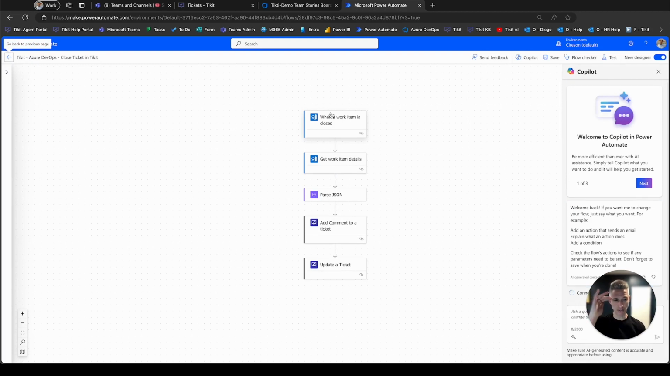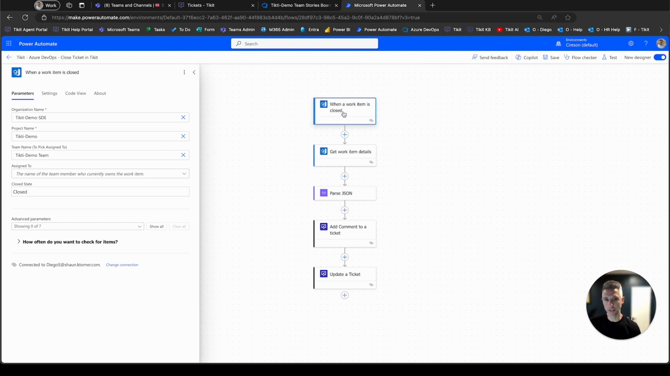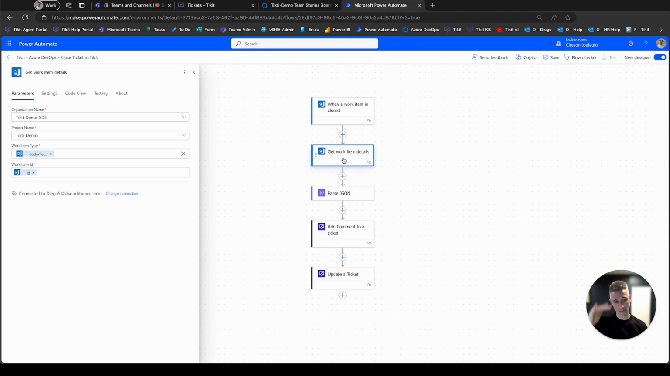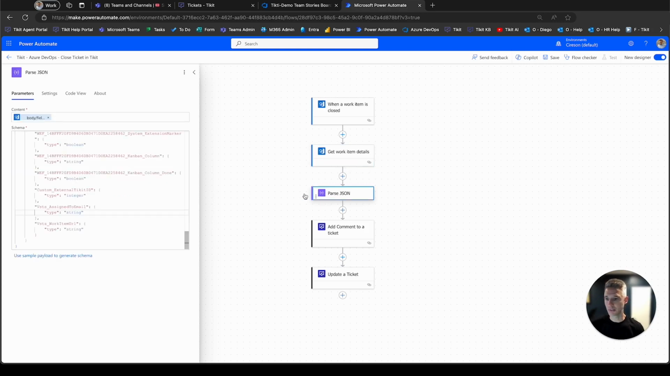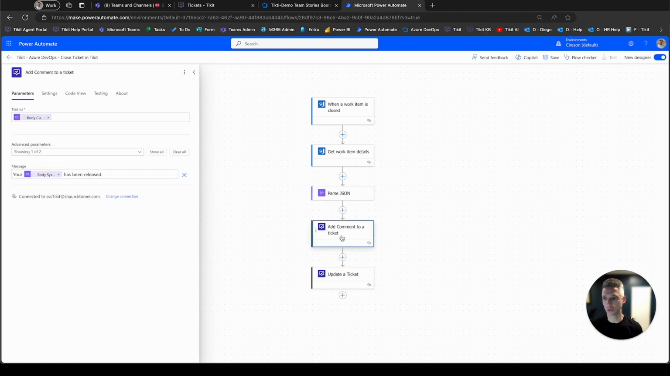This is visually a little bit of a simpler flow, but just to highlight what's happening here. I'm listening for when a work item is closed inside of my project. And you'll see here that I'm looking for the closed state. When that happens, for that particular work item, I'm then grabbing the work item details. And this gives me all of the details of that Azure DevOps work item. But specifically, the one thing that I really care about in that particular details area is the external ticket ID. This is going to give me the ability to grab the associated ticket